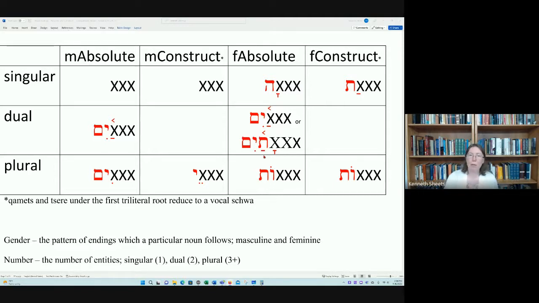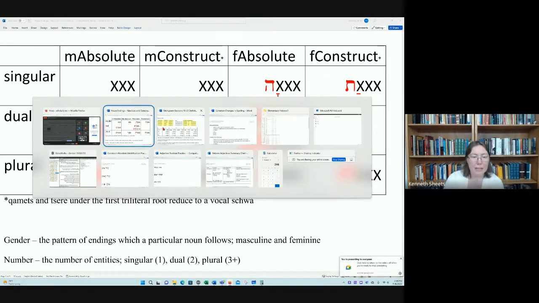Now, why does this matter when we are talking about Hebrew adjectives? Well, the reason it matters is because an adjective in Hebrew will take the ending that matches the noun that it modifies. In other words, if you have a masculine noun being modified by an adjective, then that adjective will follow the masculine set of endings. If you have a feminine noun being modified by an adjective, then that adjective will take the feminine set of endings. And you can see this if I come